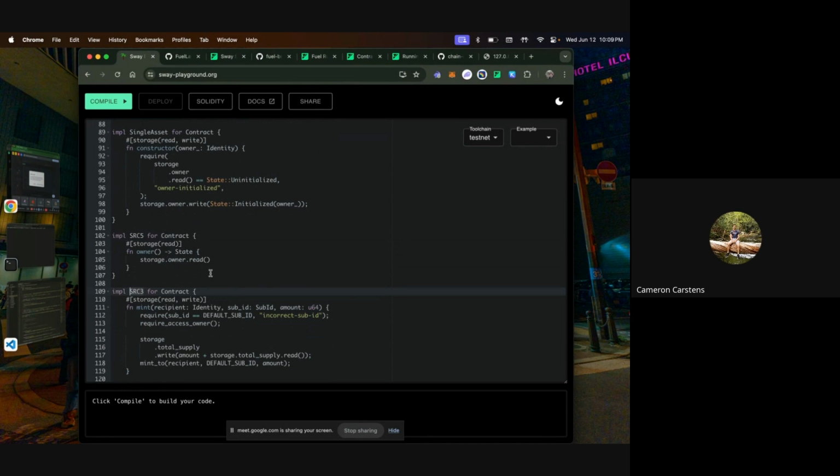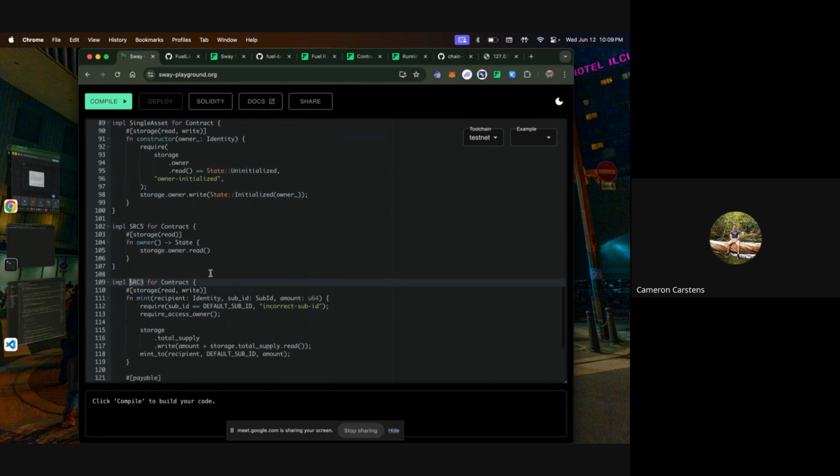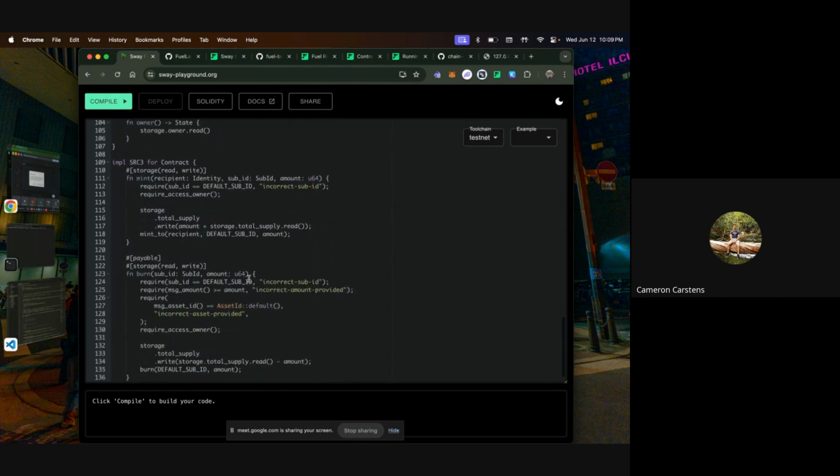One thing to note is the difference from, say, Solidity: we don't have functionality to extend. So for your contract you would be implementing these predefined ABIs, which are part of the standard. There are also some attributes needed for your contract calls.